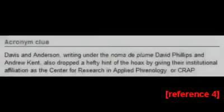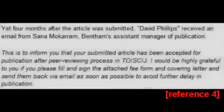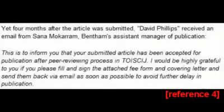Davis and Anderson, writing under the nom-de-plume David Phillips and Andrew Kent, also dropped a hefty hint of the hoax by giving their institutional affiliation as a Centre for Research in Applied Phrenology, or CRAP. Yet 4 months after the article was submitted, David Phillips received an email from Sana Mokharam, Bentham's assistant manager of publishing. "This is to inform you that your submitted article has been accepted for publication after peer reviewing process, the